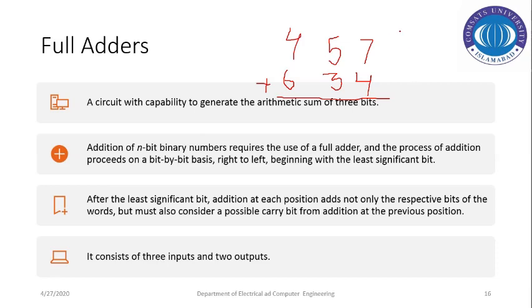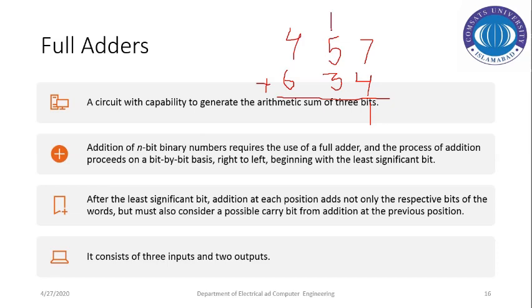The digits in the same placement carrying the same weight are added. So we are not going to add 7 with 3 or 6. We add 7 with 4 because they carry the same weight, the same placement. Similarly for 5 and 3, and 4 and 6. The same concepts are applied while adding binary bits. So for the first addition, if 7 is added with 4, what would be the result? Yes, that's 11. So 1 is the sum bit and